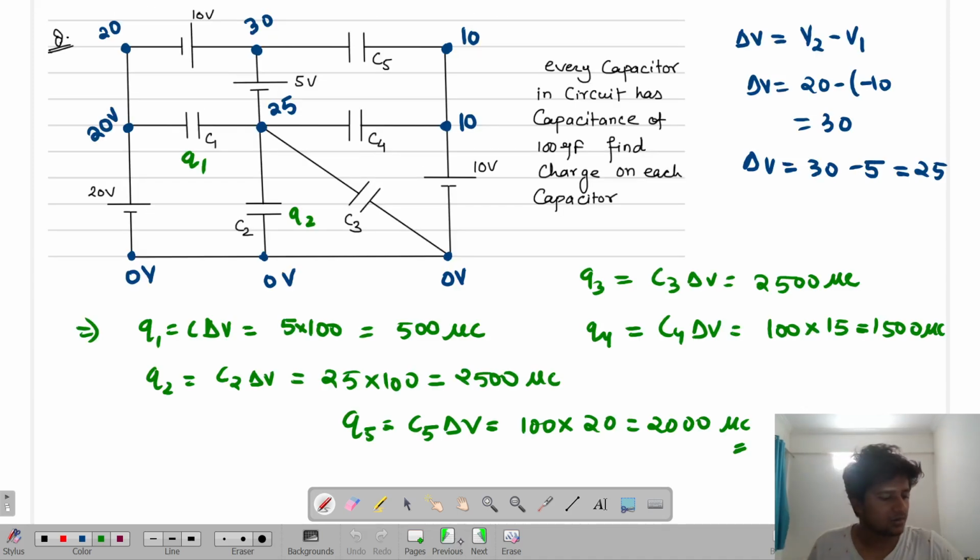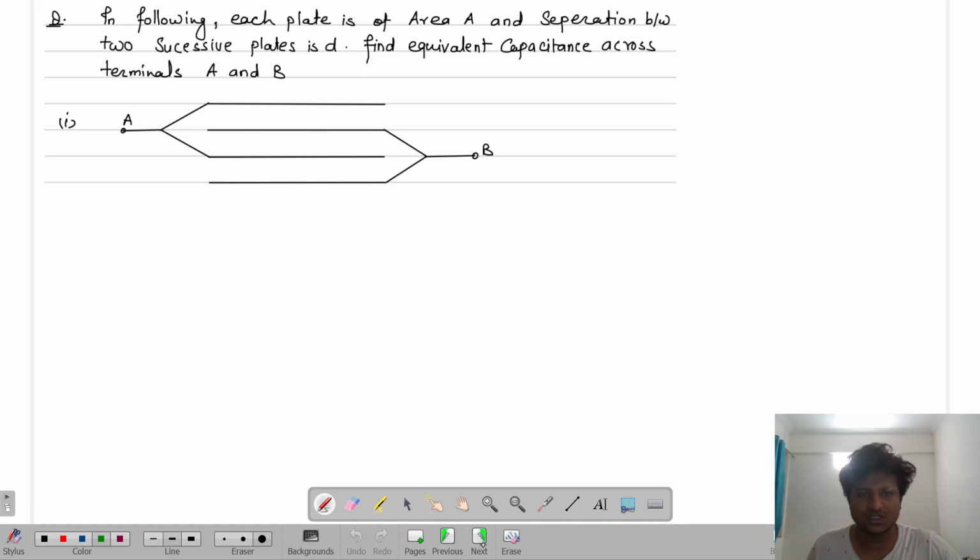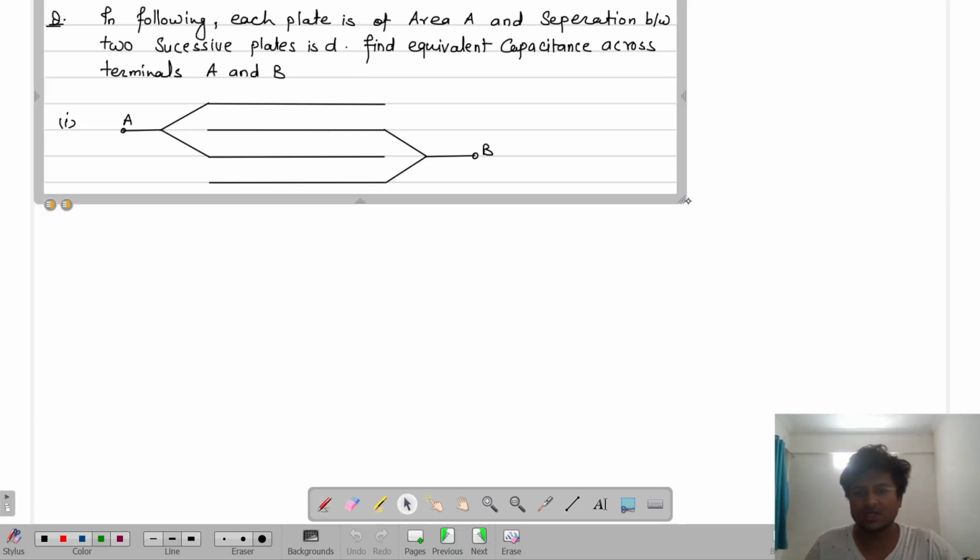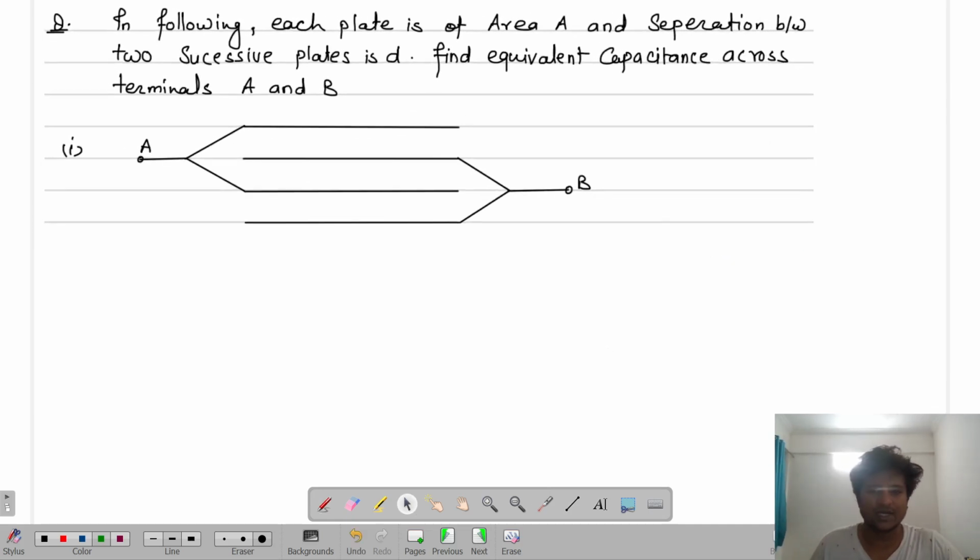Now, the next type of questions which they provide are these kind of questions which just show the plates and they will ask you the net capacitance. Go ahead or not? So when you get these kind of questions, you have to follow that same method, marking of the plates. So this is plate. Just take 2 points A and B.